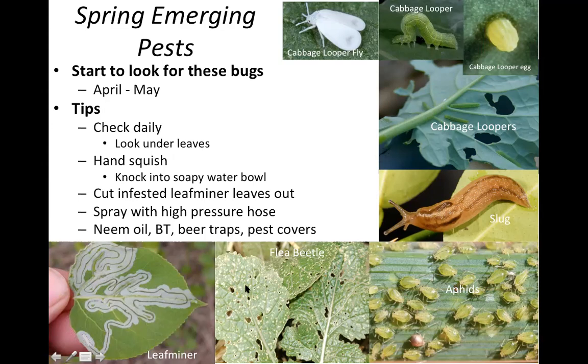If you ever see your leaves look like they were shot by a shotgun, that's a flea beetle. Really tiny guys, you're not going to be able to squish them. Most of the time, your plant's going to be fine. It's going to outgrow it. They really like eggplant leaves for some reason. So that's why I always recommend, if you're going to buy an eggplant seedling, buy the biggest one you can find. Or if you're growing eggplants, keep it in your greenhouse, or your basement,